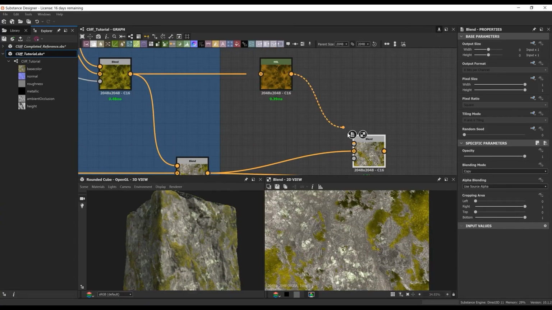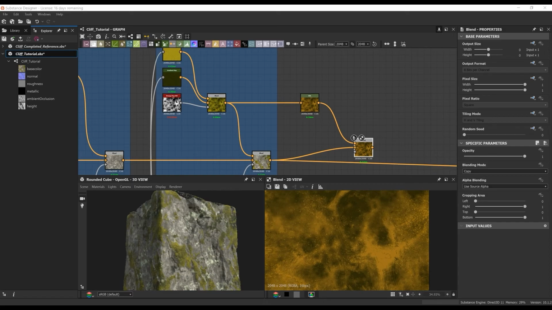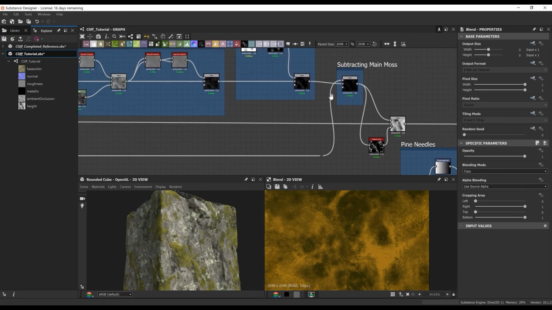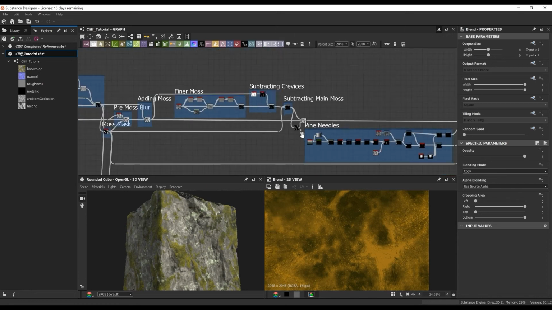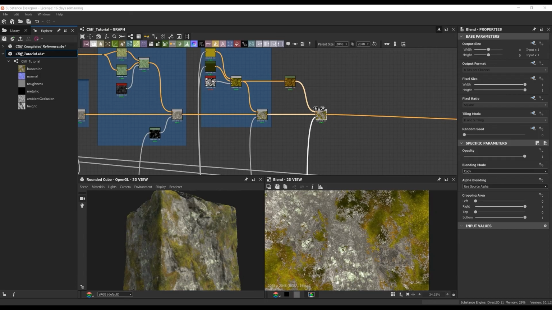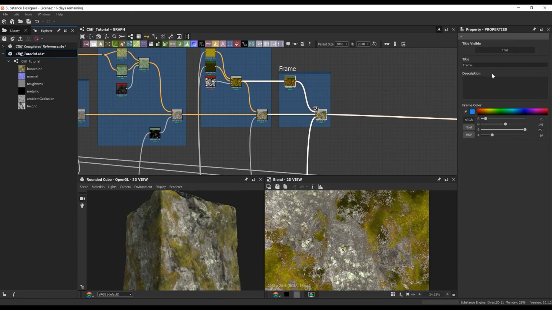And here, again, I'm doing that same trick, just doing an HSL to change the hue because I'm looking for a new color for the finer moss. Again, I just went back like how we did where we found the moss mask. I just went in and found the finer moss mask that we added and plugged that into our opacity of the blend.